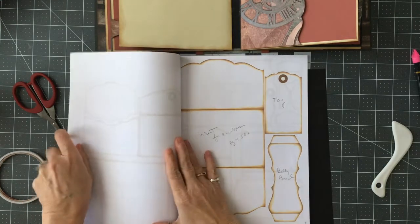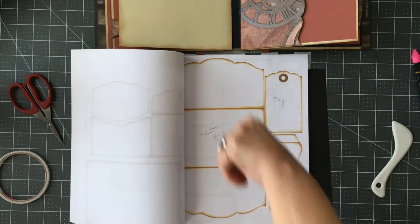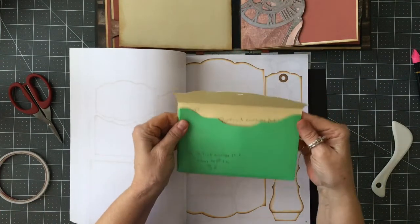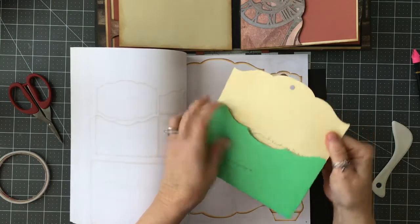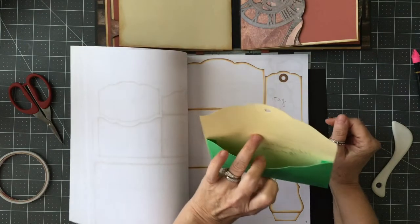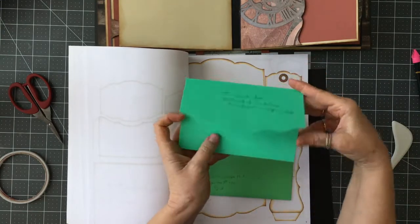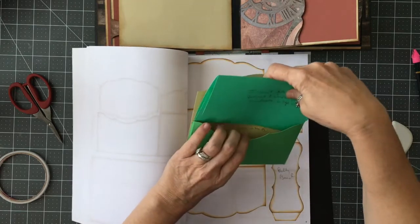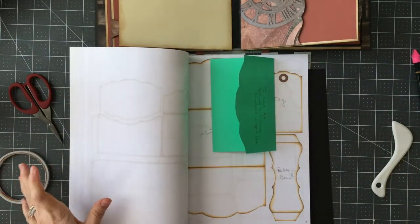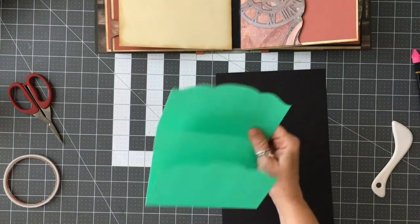And this right here is an insert for the envelope. Don't mind my different color paper. For my samples, I just used whatever paper I had. This is the envelope that you can put in the album if you wanted to. I haven't used the envelopes yet, but this is the insert for the envelope, so that actually fits right in here. So this is part of the template as well. But what I want to actually use is just the insert for this. So I'm going to show you what I did to make it a little bit different